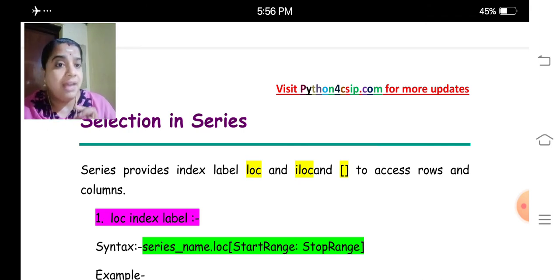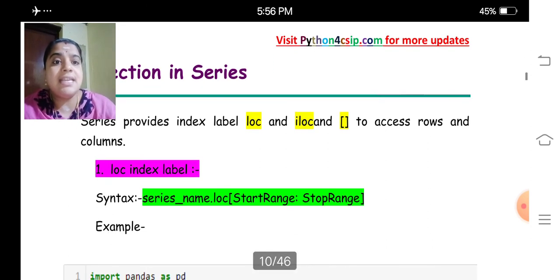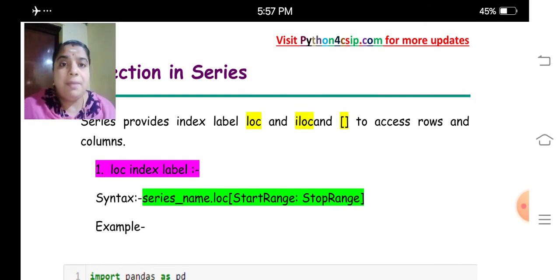For that we have 3 methods. One is the loc function, the second one is the iloc function, and the third one is brackets. Either we can use square brackets, or the loc function or the iloc function. My dear children, I am giving the syntax: series name dot loc, start range colon stop range.